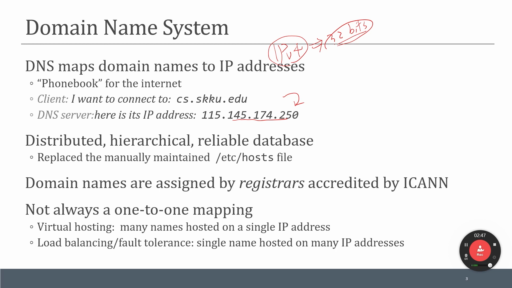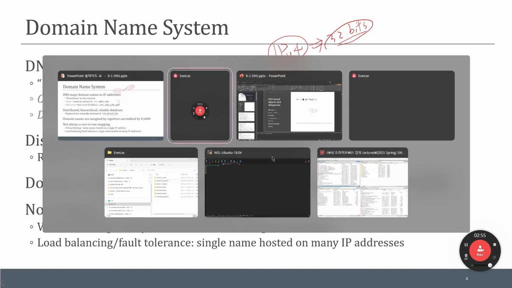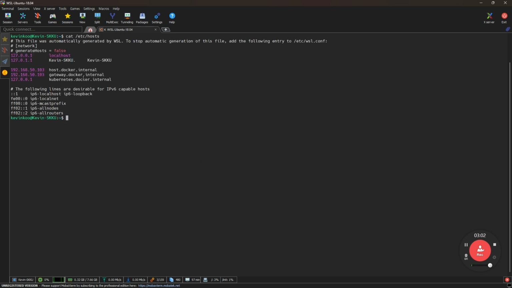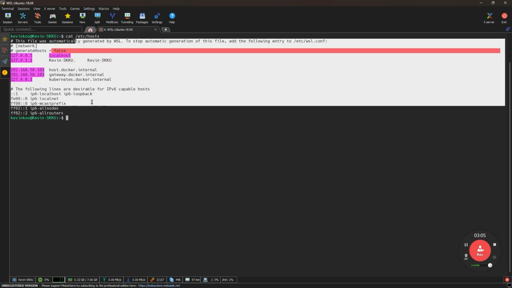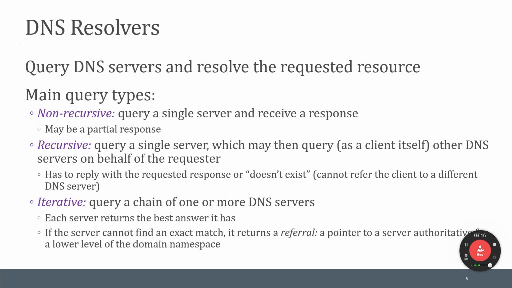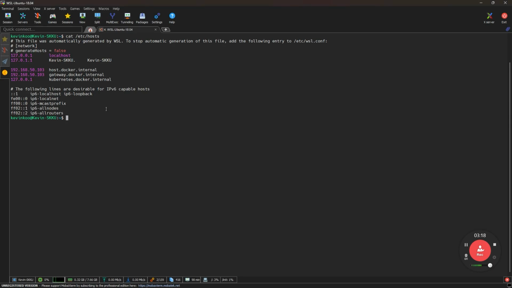It can actually be replaced by the manually maintained /etc/hosts file if you are using Linux. So here, cat /etc/hosts, then it actually has the IP address and the corresponding URL or domain name here. So the first thing that your machine consults is this hosts file.